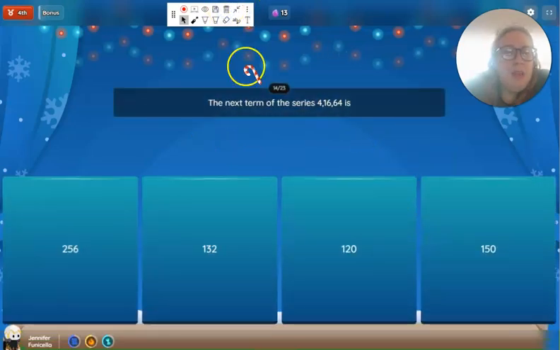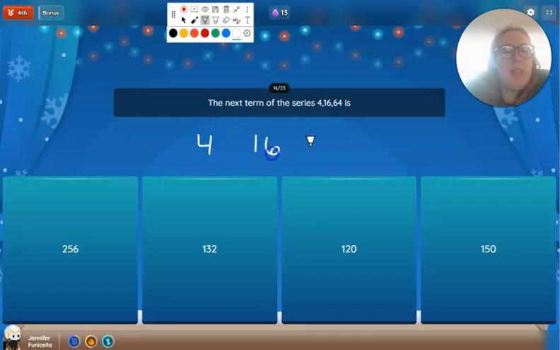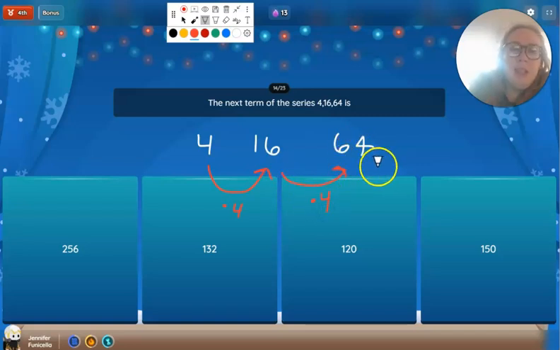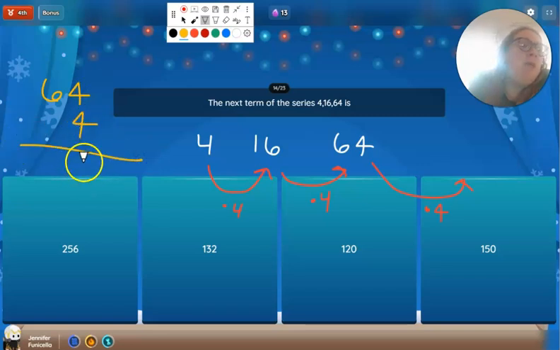The next term in this sequence, so we have 4, we have a 16, and we have a 64. So how do we get from 4 to 16? What are we multiplying by? By 4, absolutely. So then 16 times 4 is 64. So we have to do 64 times 4. Well, 4 times 4 is